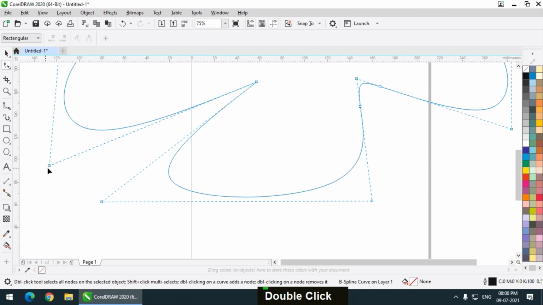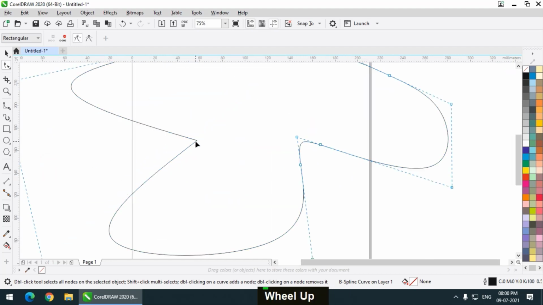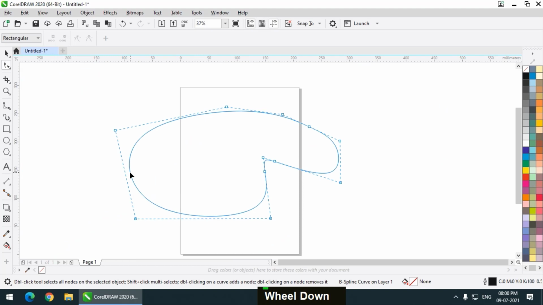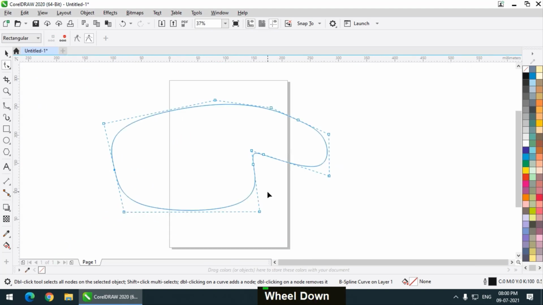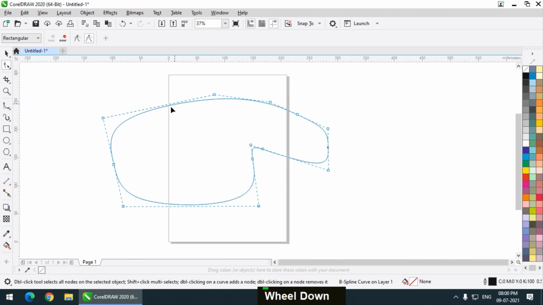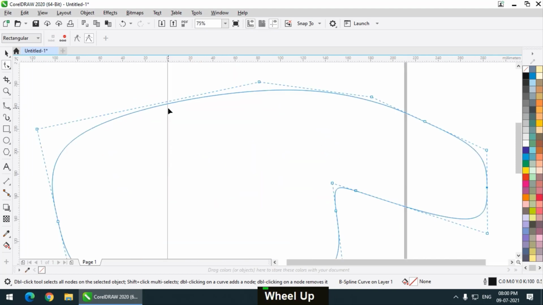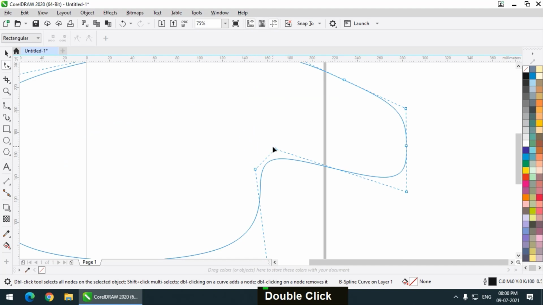As you can see, as I'm deleting the points, the shape is getting smoother, like this. And once I add any point, it will clamp to that particular point that I have just added, like this. So you can add as many points as you want, and you can also delete the nodes that are already present on the structure, just like this.